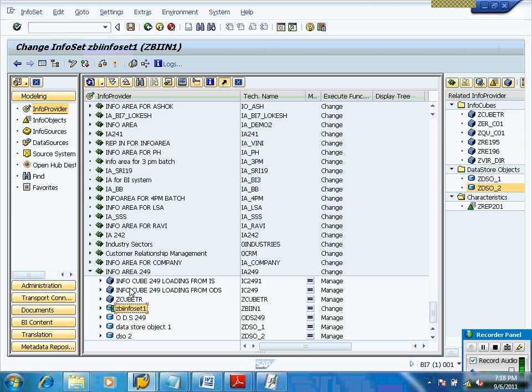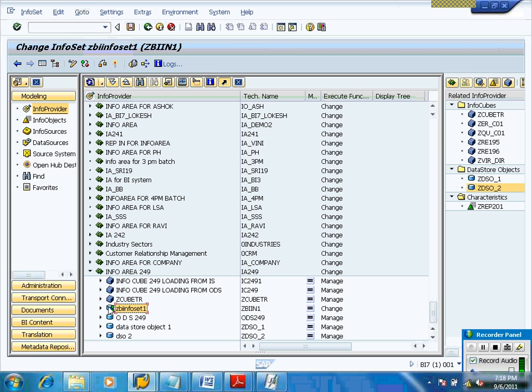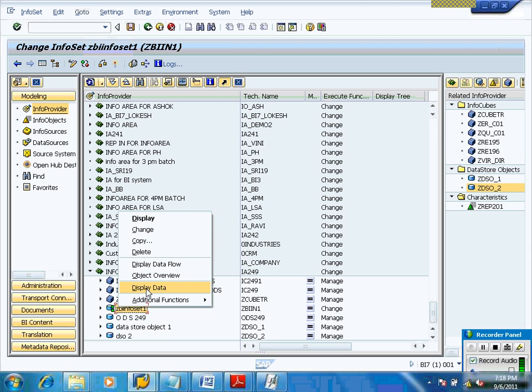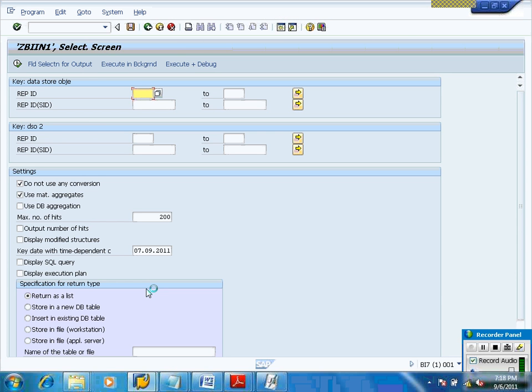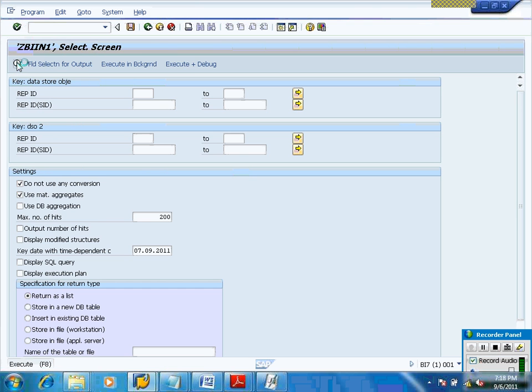So in the info set representation, this is your attribute table information. You click DS4. Up to 3.8 you can join these two only. In BW 7 they included info field also. Now right click and display data. Does it contain data physically? No, it's a view. But whenever you click this one, it is going to pick up the information from both tables. At runtime, it will show us the information, but it won't contain data physically.